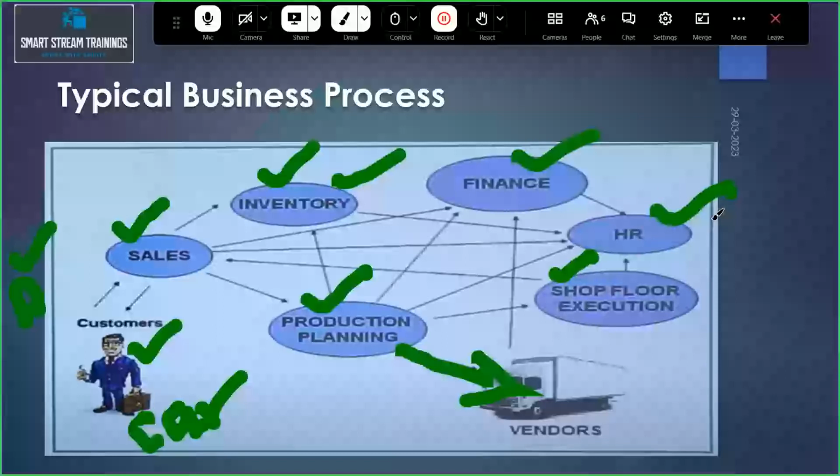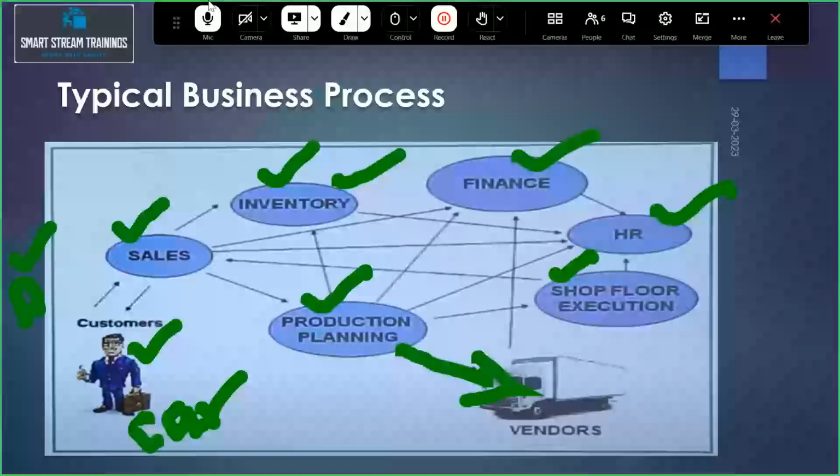So in the SAP level, every object we are discussing here is one module. To maintain the customer details, there is a separate module. Sales department, that is SD, sales and distribution, is a separate module. Inventory related, plant maintenance and production planning, finance, FICO, HR: each and every object is one particular module. In SAP we have almost 200 above modules. In that, MDG is one of the modules.